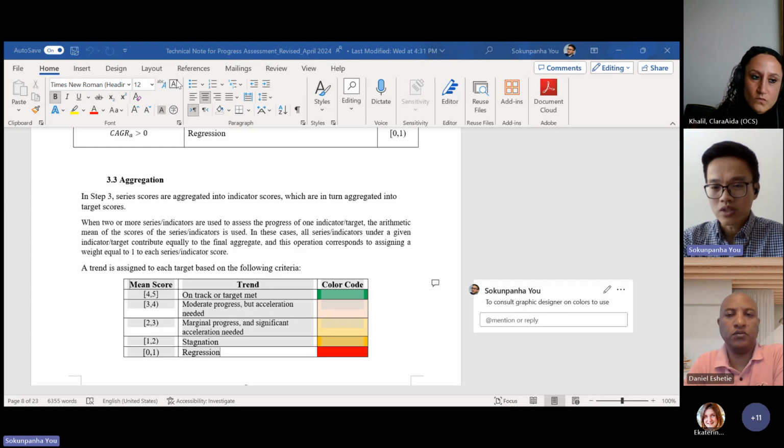So I would say if you want to dig deeper into what's included and what's not in Annex 1, and you want to have feedback on that, you can do that during the broader consultation of all the custodian agencies. But for this task team, if you could look at the key changes to the revised technical note itself and check the formula to make sure that everything is correct, that would be good for this task team. So these two processes are somewhat separate.